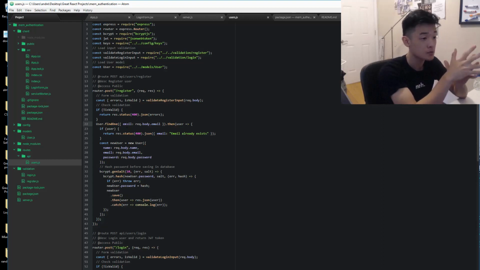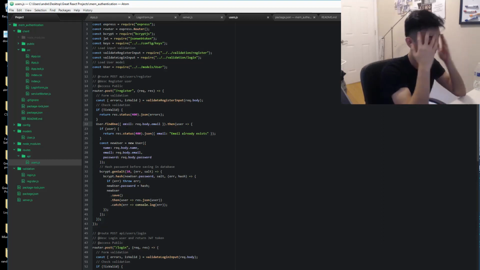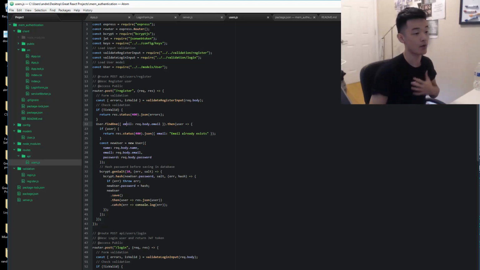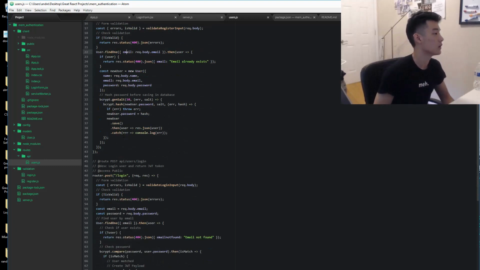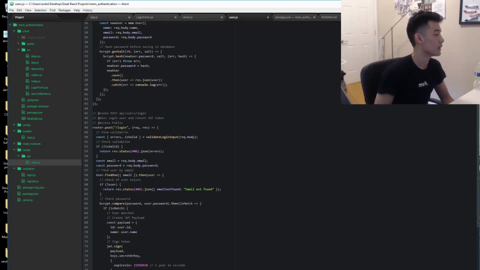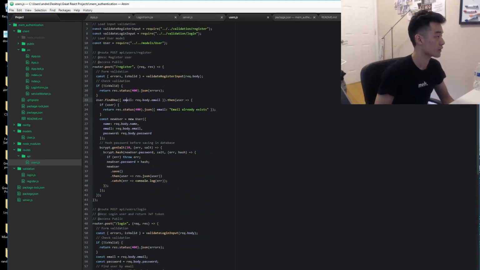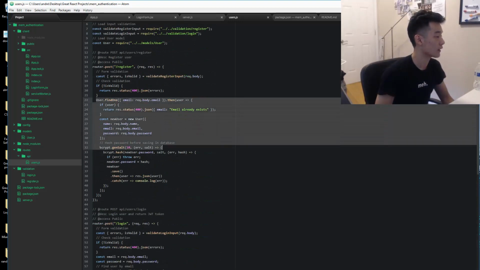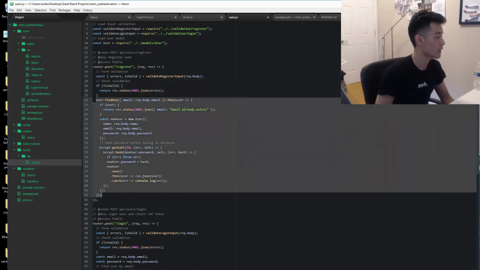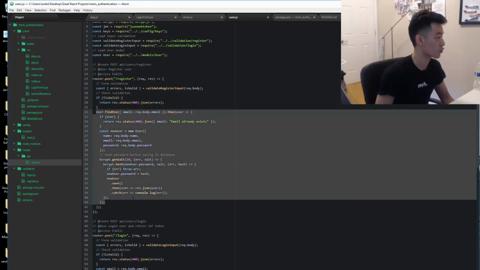Everything is all over the place, but go in there and just read some of the functions, and you're going to have a better idea. Yeah, so that's really the connection between the backend and the database, and of course there's